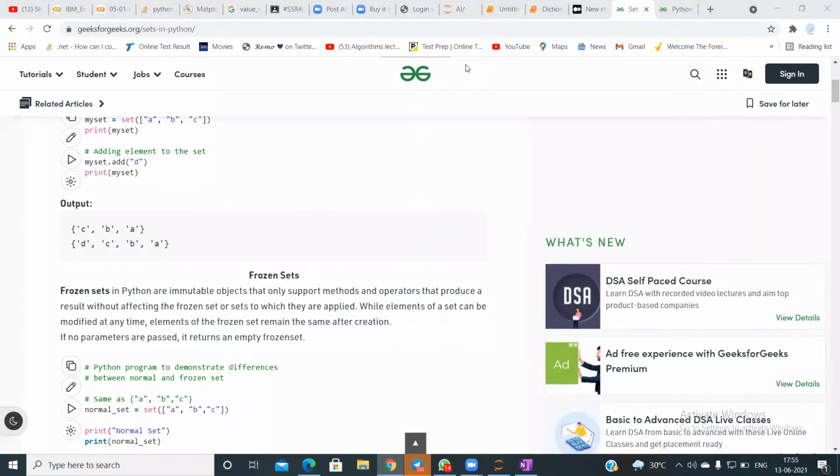So this is what sets are about. Anything more? I think it's complete now. So that is done. Tuple done. Dictionary, list also done. If anyone has doubts in loops or anything which was done previously, you can ask.